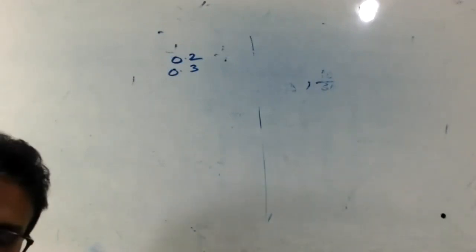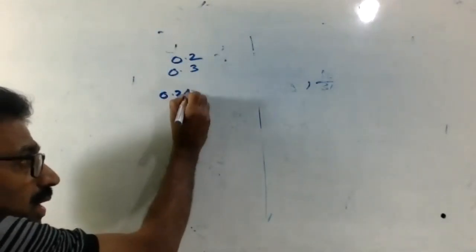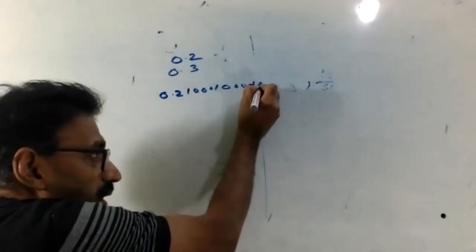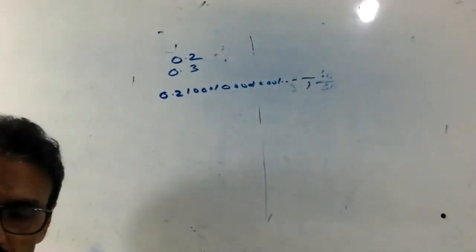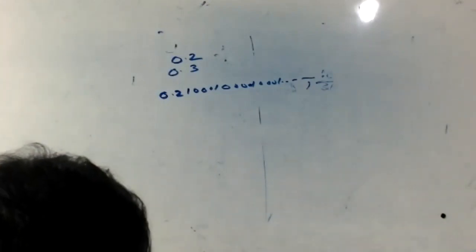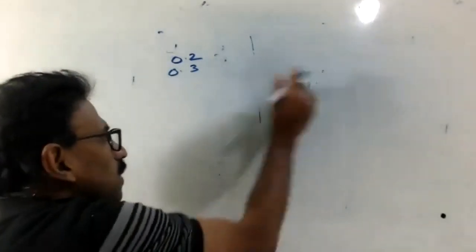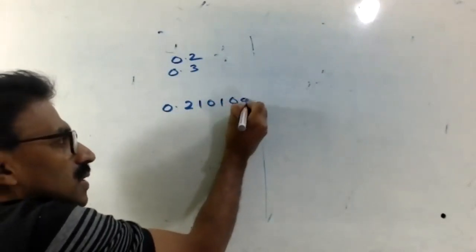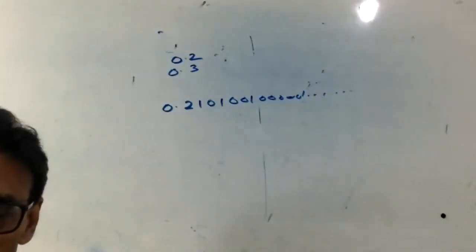Okay, look here. I'll show this one. Between 0.2 and 0.3, we can write 0.2 1 0 0 0 1 0 0 0 0 1 0 0 0 1, etc. Like this. Okay, keep the etc. Otherwise, you will be in trouble. If there is no etc., it is a rational number. Are you okay now? And don't write in order. Look, 0.2 1 0 1 0 0 1 0 0 0 0 1, etc. Like that. Clear or no?